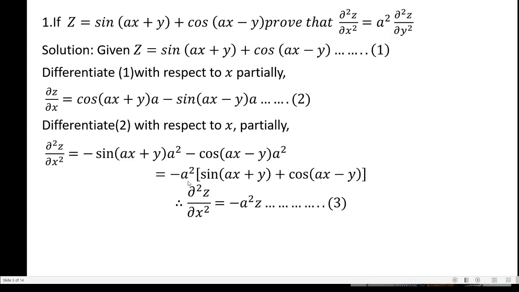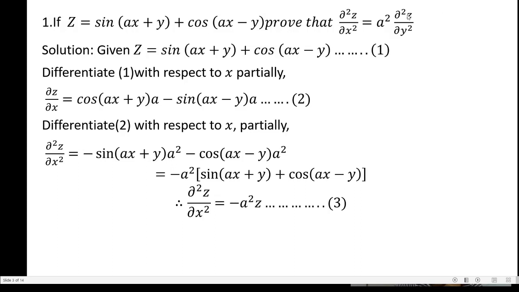So minus a square take common, then sin(ax + y) plus cos(ax - y). So del square z by del x square is equal to minus a square into sin(ax + y) plus cos(ax - y), which is z. So minus a square into z. So consider this value as equation 3. Next,